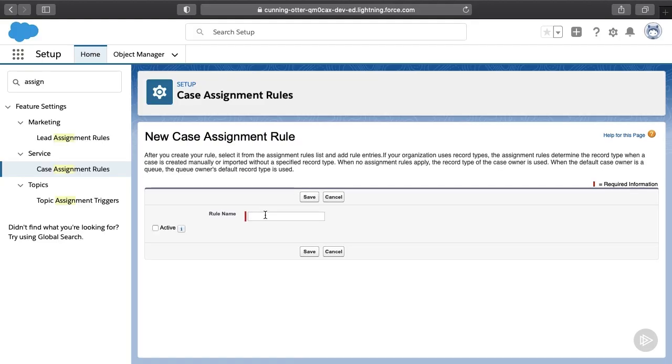We are going to name it generic. We are not going to press active right away. What is likely to be the case in your Salesforce system is that you will have one assignment rule that is already going. And when you make the modifications to your new assignment rule, you want the old assignment rule